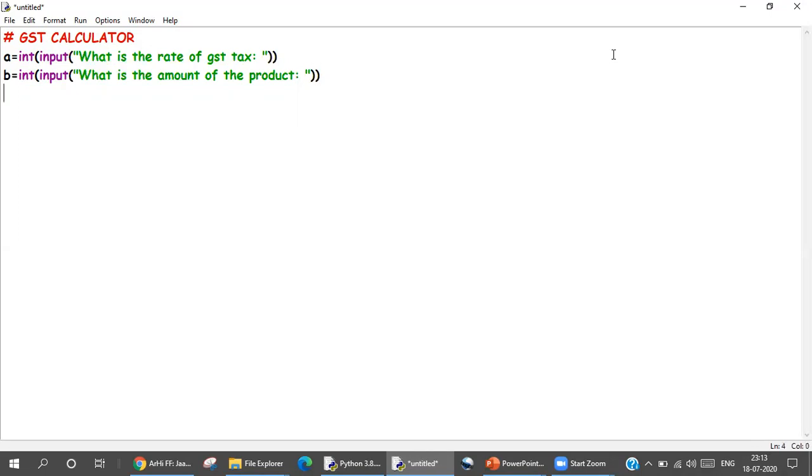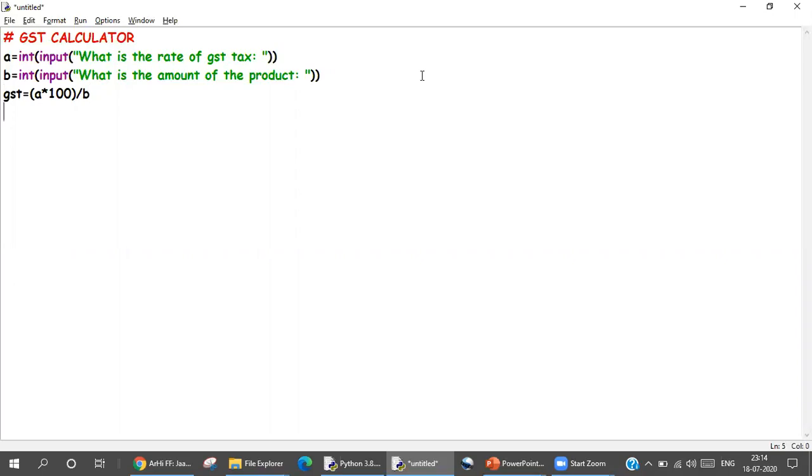Once I get these two things from the user, I can calculate the GST as equal to A, that is the amount, multiplied by 100, divided by the original cost of the product, the total amount of the product.